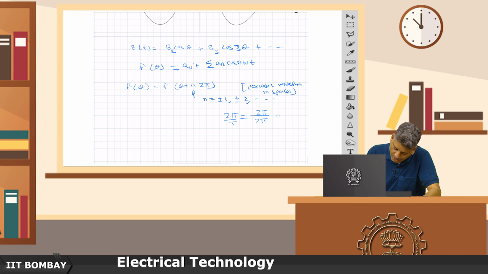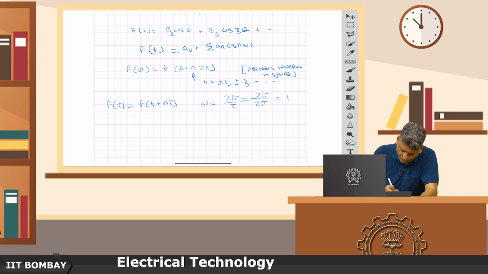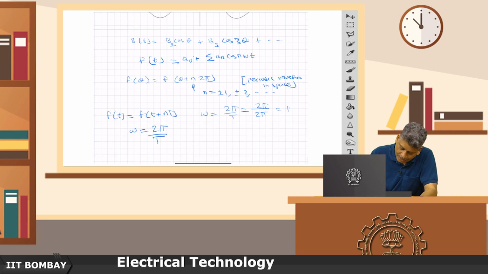So, therefore, the fundamental is actually at one value of 1, but in general I will write it for t itself. This is so standard. A periodic signal f of t equal to f of t plus n t, with fundamental frequency 2 pi by t, can be written as